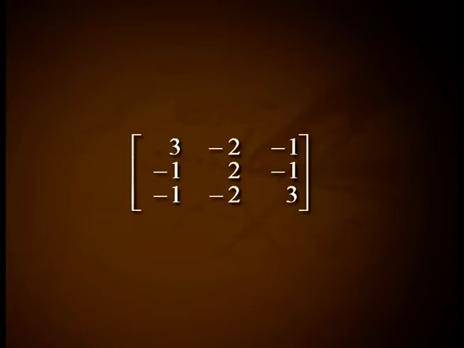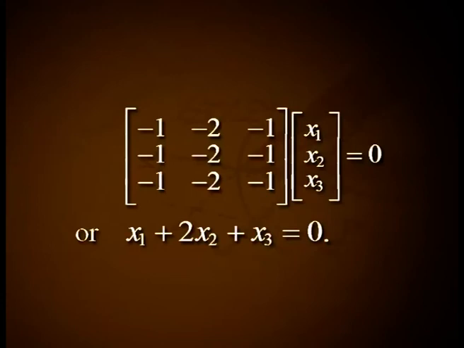Since matrix [3, -2, -1; -1, 2, -1; -1, -2, 3] is row equivalent to matrix [0, 1, -1; 1, 0, -1; 0, 0, 0], equation 7 is equivalent to the matrix equation [0, 1, -1; 1, 0, -1; 0, 0, 0] times [x1, x2, x3] equal to 0. A solution is given by x1 = x2 = x3 = 1. Hence, the characteristic space associated with the characteristic root lambda equal to 5 is the one dimensional vector space spanned by the vector [1, 1, 1] transpose.